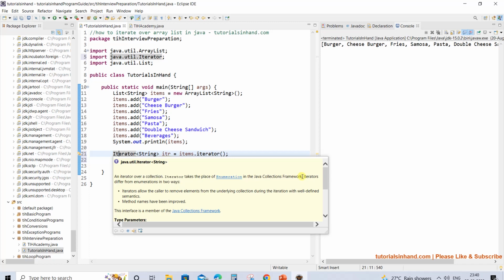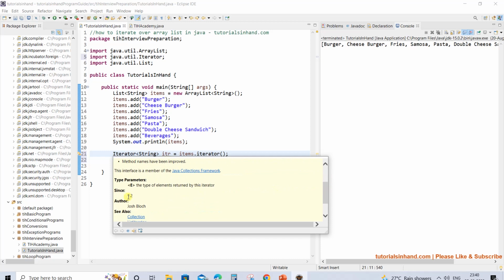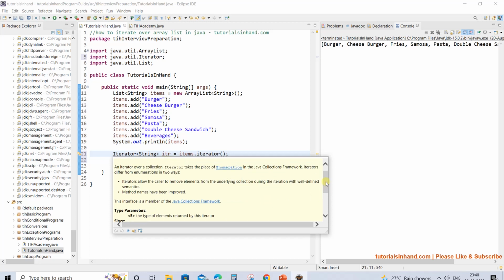Earlier, instead of an iterator, we used enumeration to traverse over the array list, but it did not have very proper naming conventions for its methods, and that is why iterator replaced it after, I think, Java 1.2. After Java 1.2 you have iterator to do the same task that enumeration was doing.